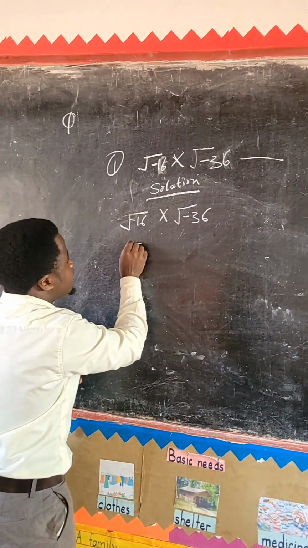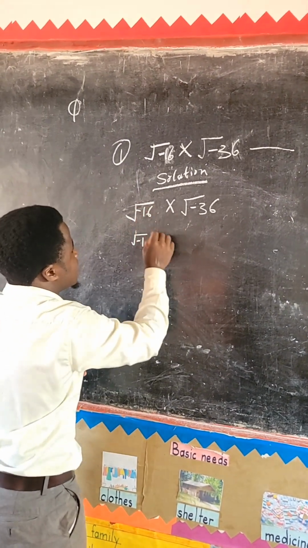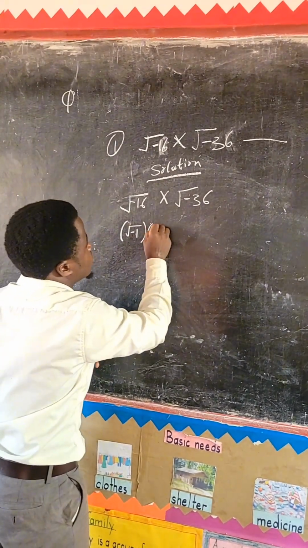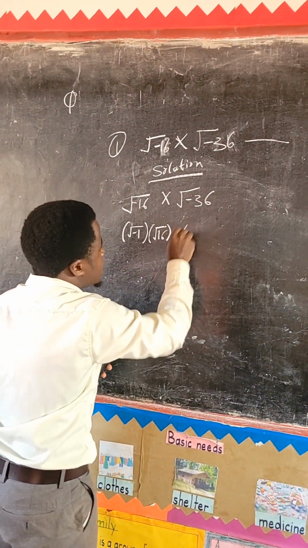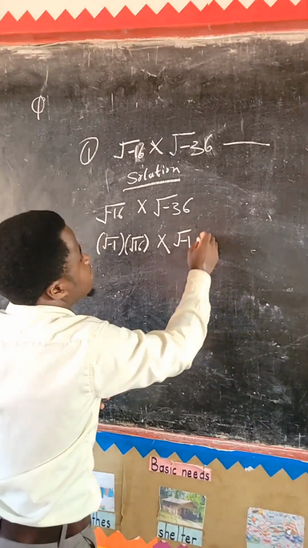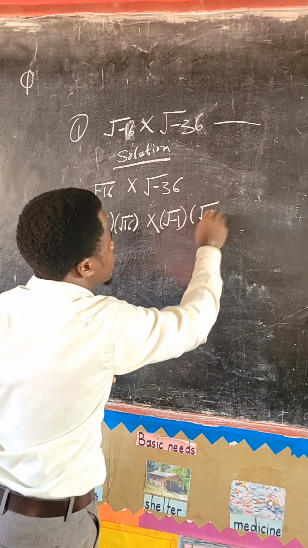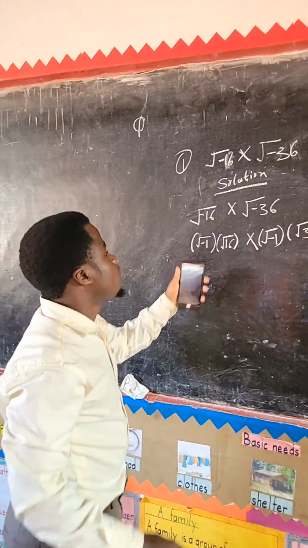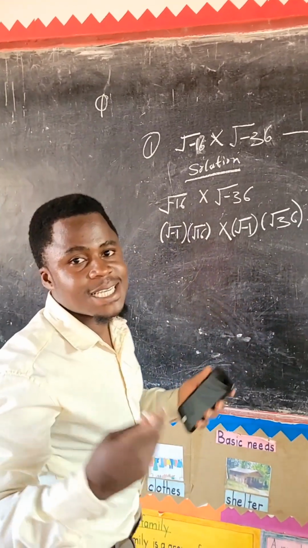This means that we shall have root of -1, which is silent, times, let us put it in brackets to simplify, root of the visible number in the question, 16. Then times the same thing here, root of a negative invisible one times root of the visible number, which is 36. So to simplify this in calculation, we know from complex numbers that root of -1 is represented